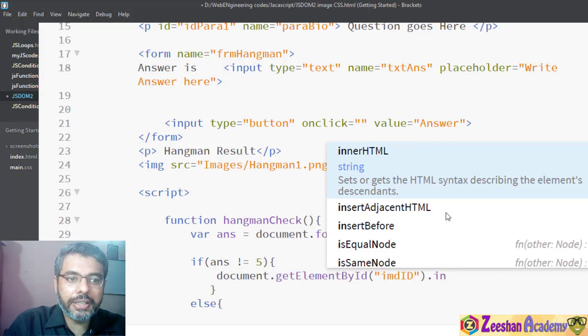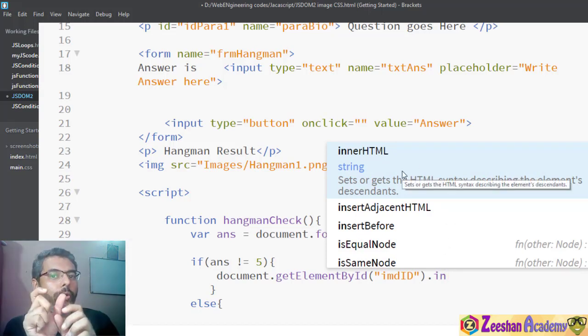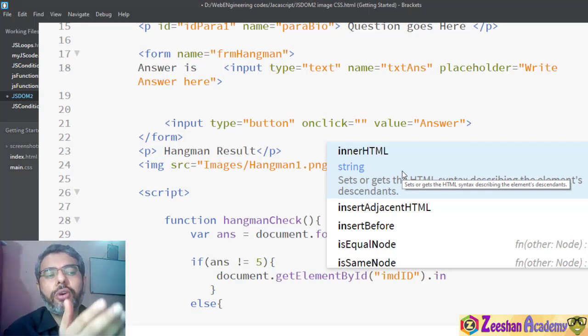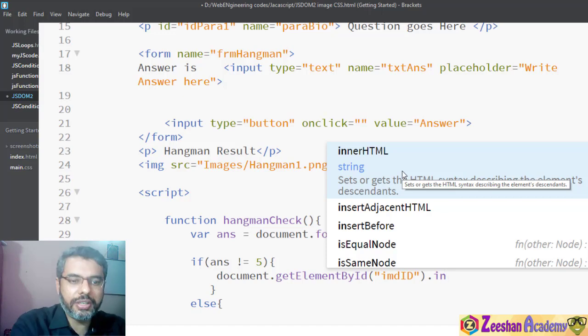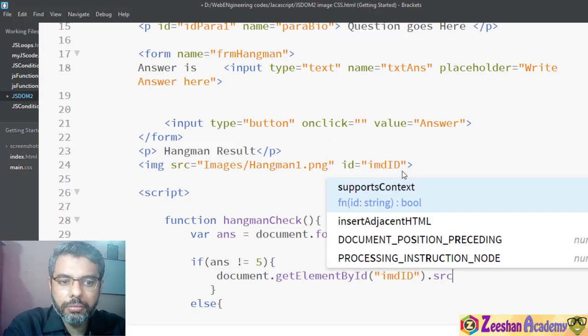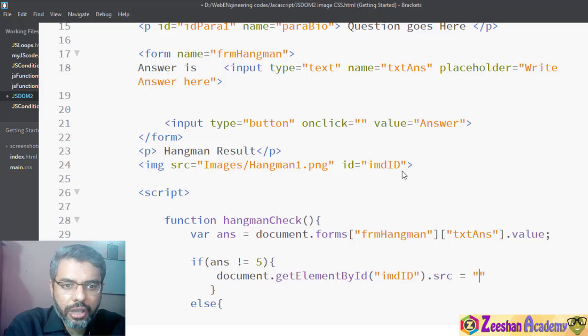But this time we are not going to access the inner HTML, because we are not going to change the value of the HTML, since there is no value for an image. We are going to change the attribute of an image. So we simply need src, to change the image source, and the source can be, for example, images, go inside this images folder.